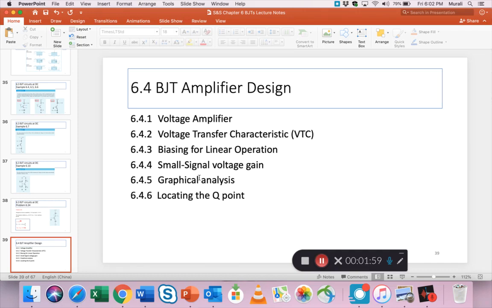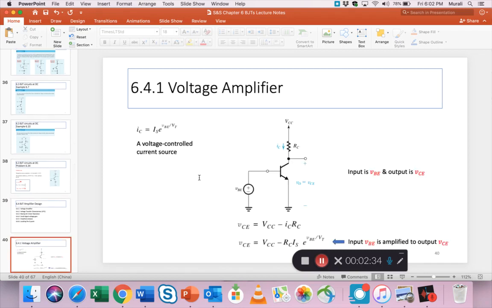and as you can see, this section 6.4, BJT amplifier design, has a number of further subsections: 6.4.1, 2, 3, 4, 5, 6. So lots of material to cover. And then we have one more major section, 6.5, small signal details. The two of these in the next 45 minutes is what I intend to cover. So moving on to slide 40,